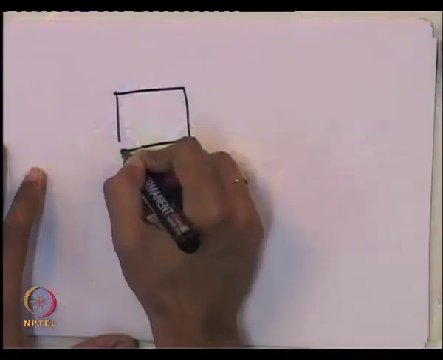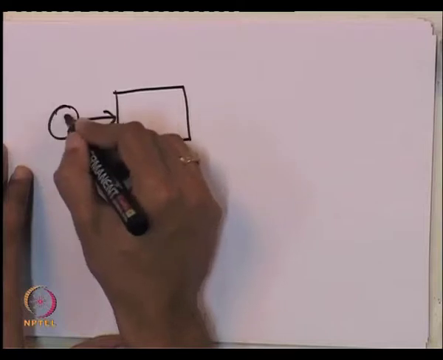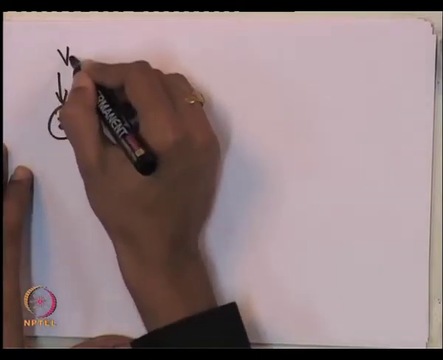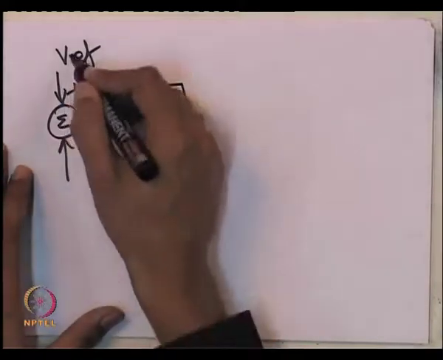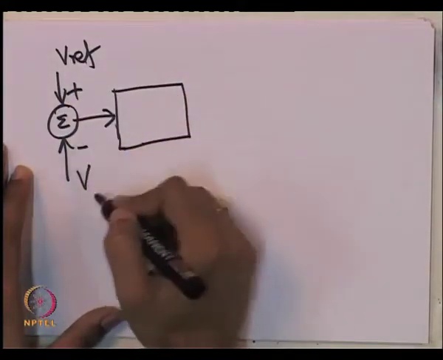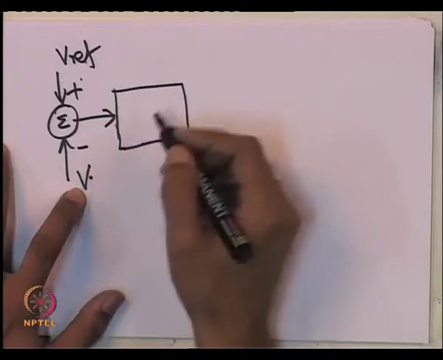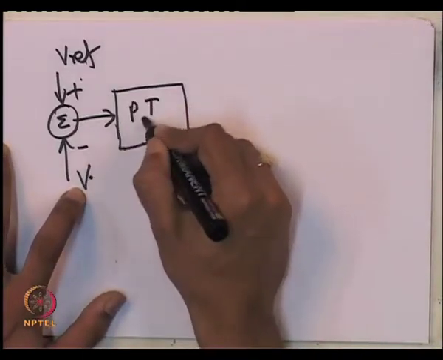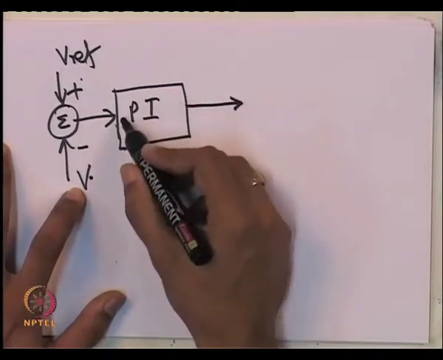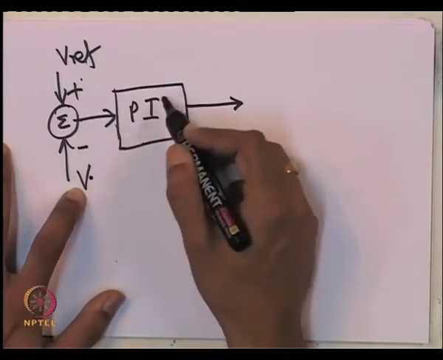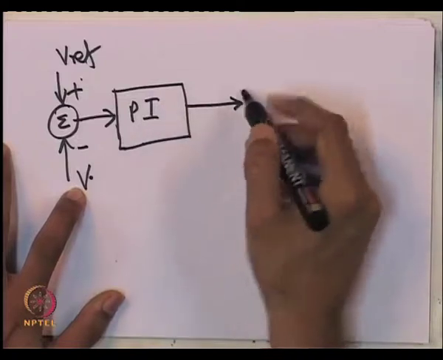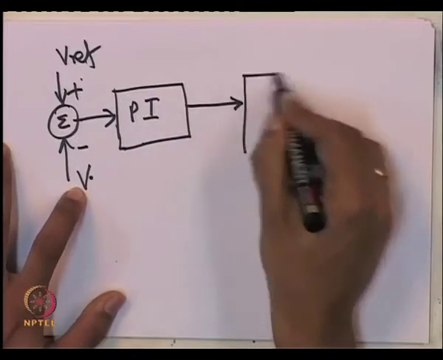Because if you have, for example, in an excitation system, a voltage regulator, the set point is given by you, and it compares it with the actual voltage. Suppose you have got a PI controller, which I said. So, this error is amplified, it is also integrated in case there is an integral controller, and given